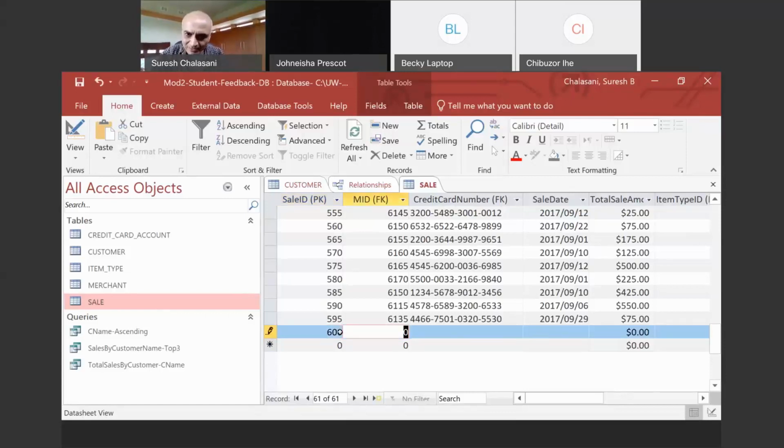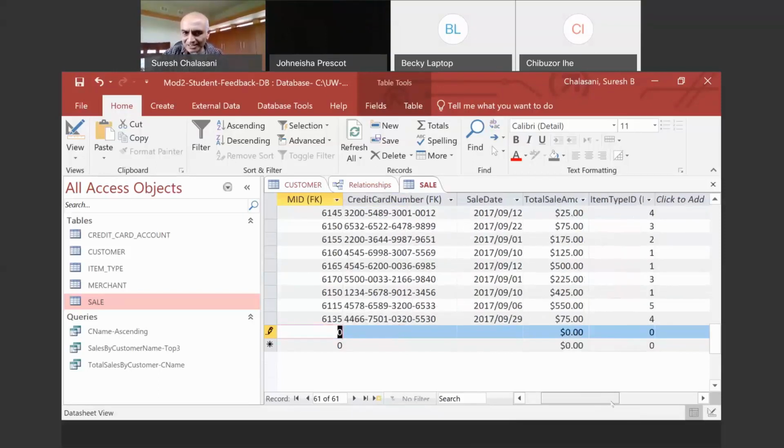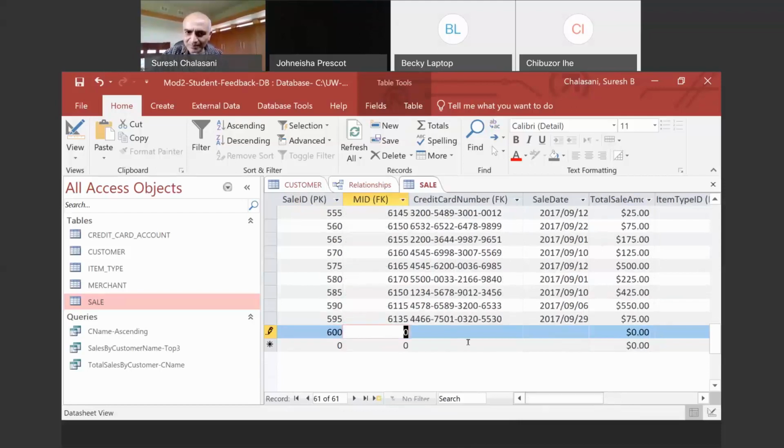And now I do add a merchant ID. So I have to match a merchant ID that exists in the merchant table. And then I need to match a credit card that exists in the credit card table. And then I have to match an item type that is there in the item type table.